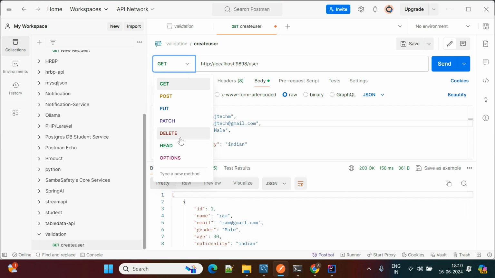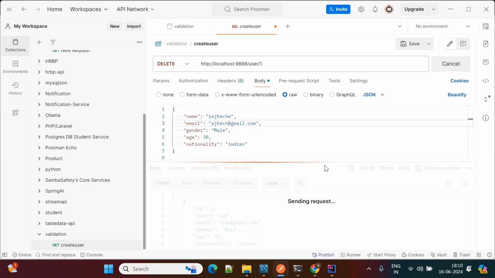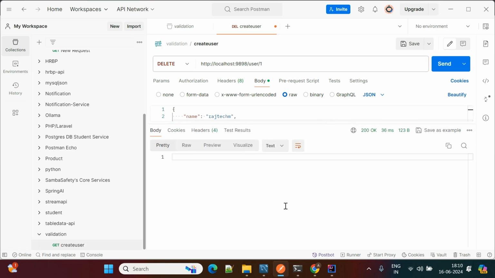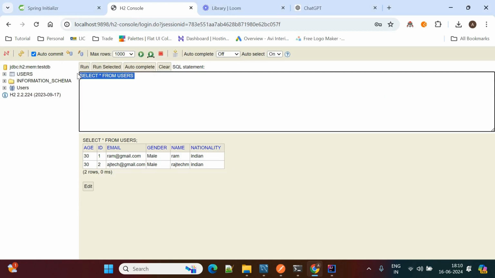Now we can try the delete. I want to delete user id 1. You can run this one. Now nothing is returned because I am not returning anything. You can go to the database and run this query. Now see, user id 1 is removed. So like this you can perform